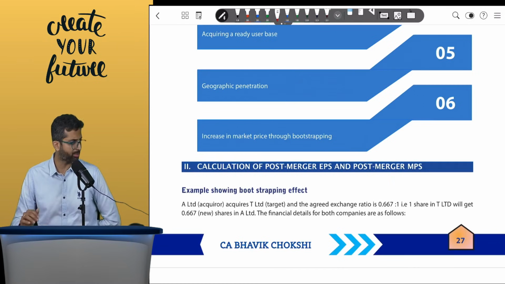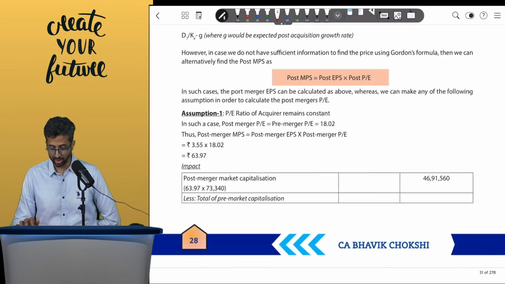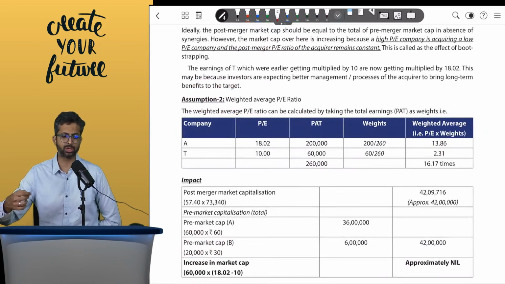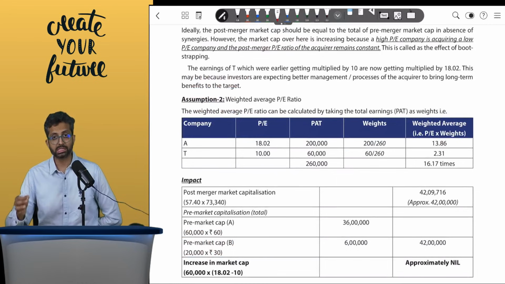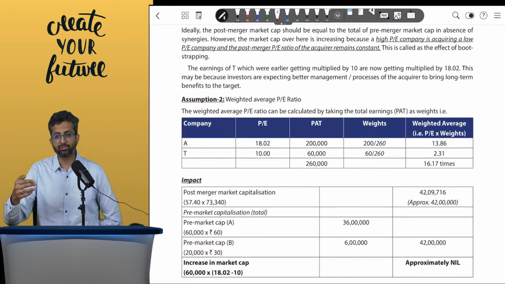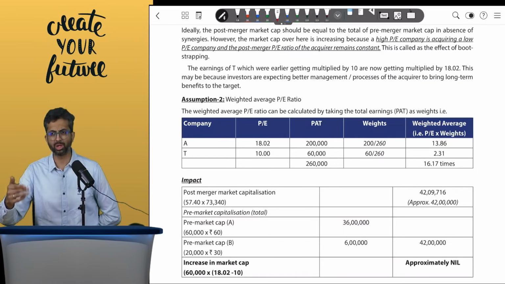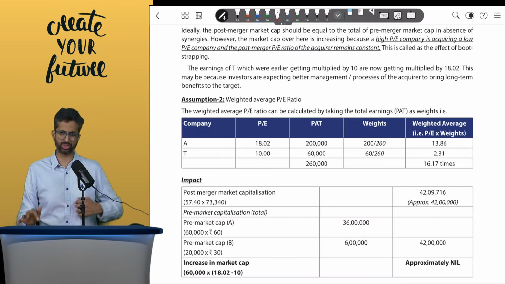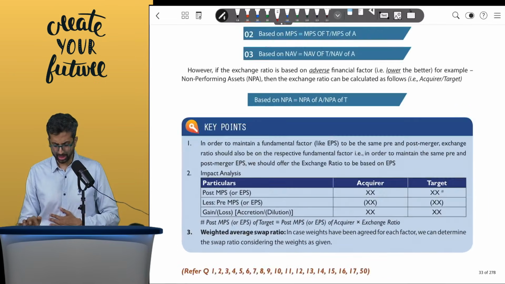the post-merger market price. However, there would be certain questions where data would be given in terms of growth rates, that is after the merger the growth rates undergo a change. In such a case, it is imperative that you take the effect of those growth rates in the Gordon's formula and accordingly find the post-merger market price rather than directly doing post-merger EPS into post-merger PE. Okay, over here